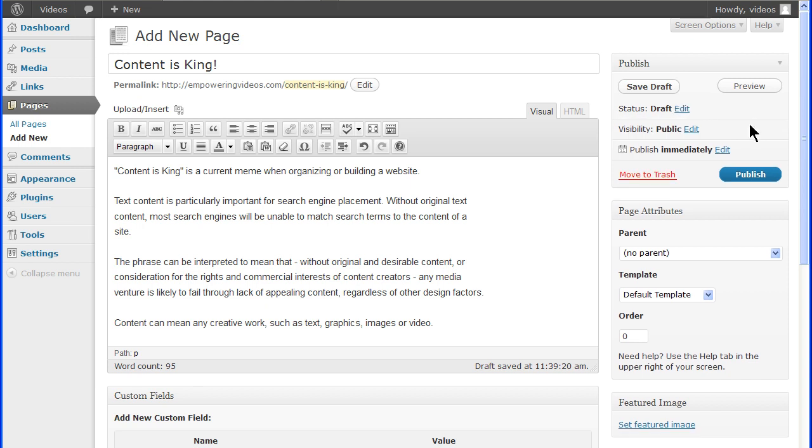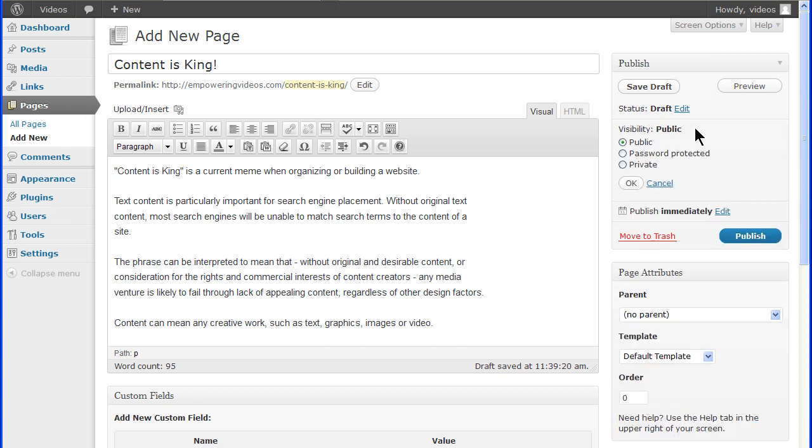Visibility is about controlling who can see the page content. WordPress allows you to control the visibility of your pages on an individual basis. By default, all pages are visible to the public. By selecting one of the buttons in the visibility drop-down and clicking the OK button, you can control the visibility